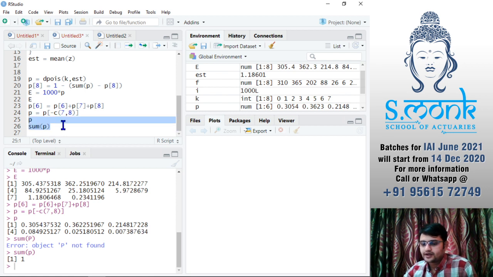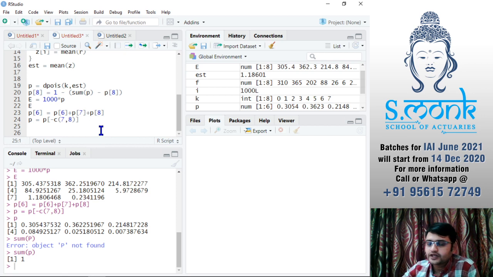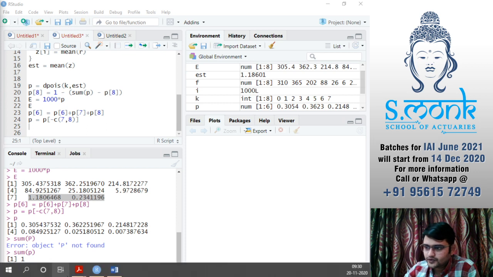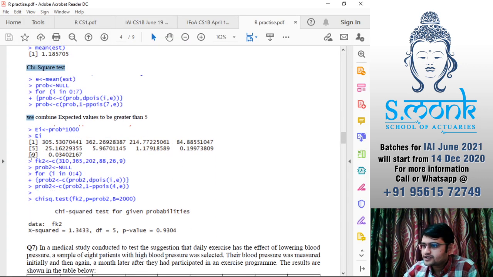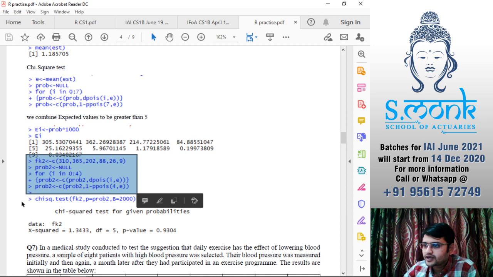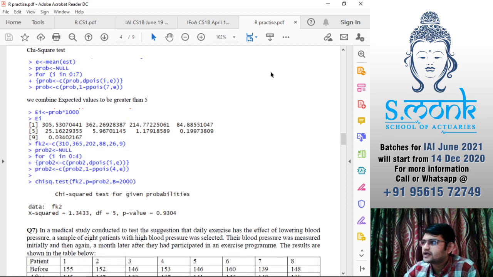So this is going to be our new P with only 6 values, so that we do not have any expected value that is less than 5. Okay. See, here also I have done the same thing, but instead of making it into same one, I have used more complicated formulas, and I have realized we have easier formulas to do these kind of things. That is why I'm not doing it that way here. Okay.